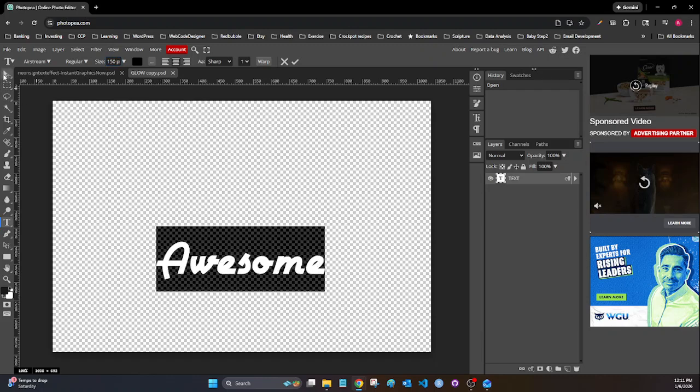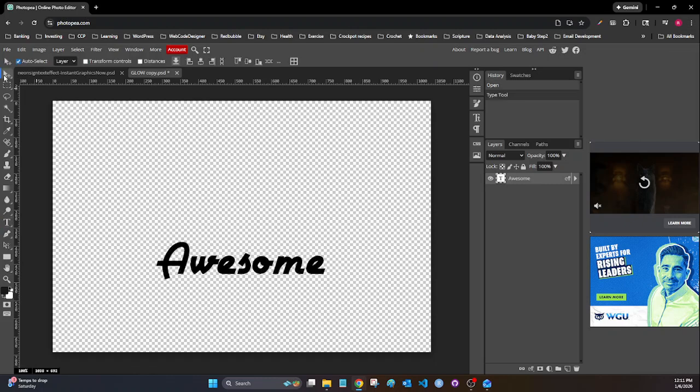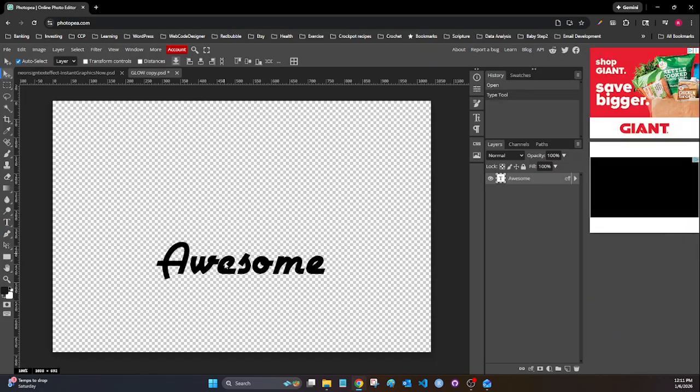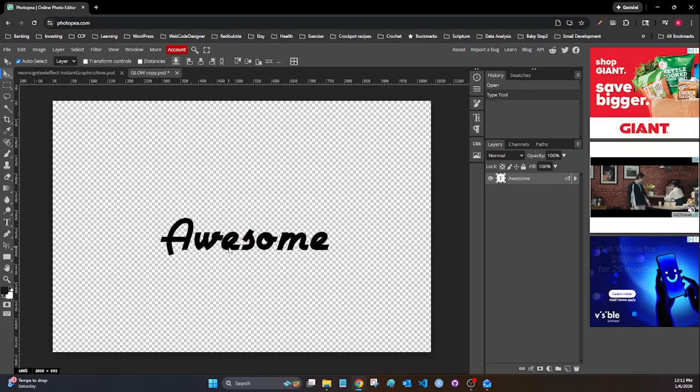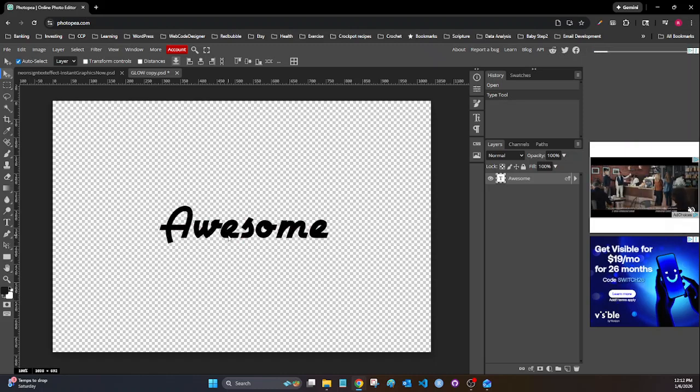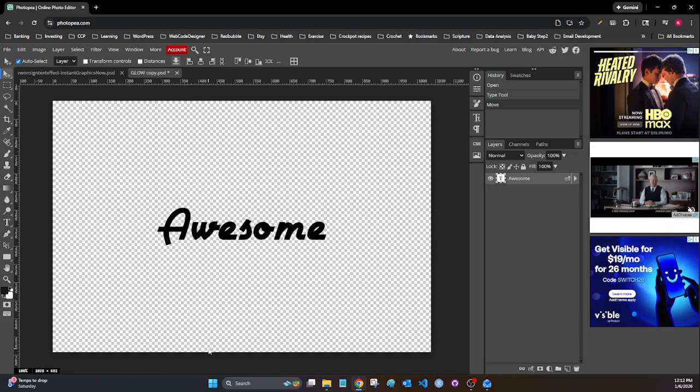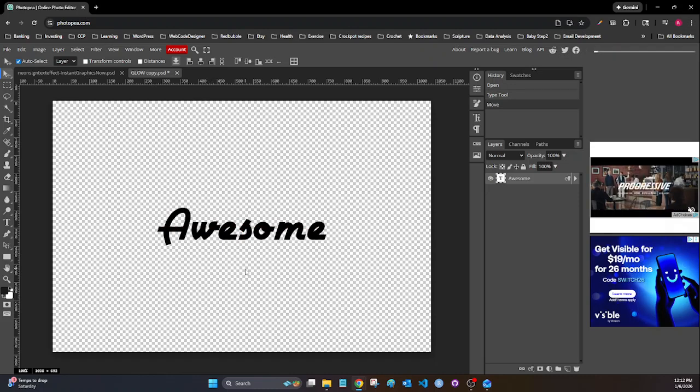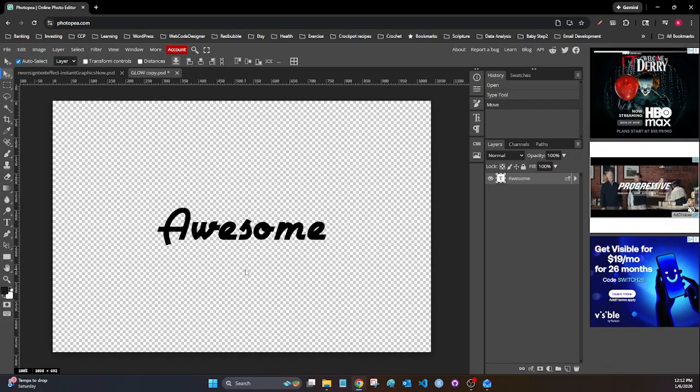And I'm going to move this around, so I can click on the move tool over here on the left that looks like the cursor arrow, and I can click and drag this text box, and you'll notice that Photopea provides some markers here to let you know whether or not you're centered. But I'm going to just center it on the page just for this example. So once I've made the changes I want to the text box and I've positioned it the way I want,